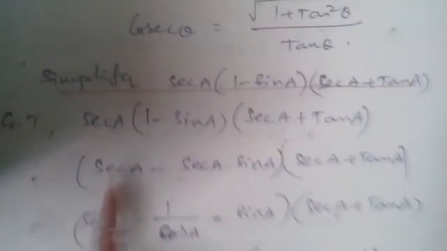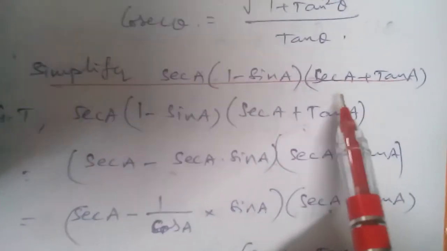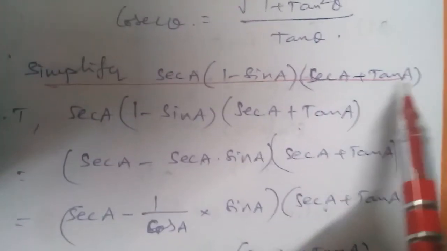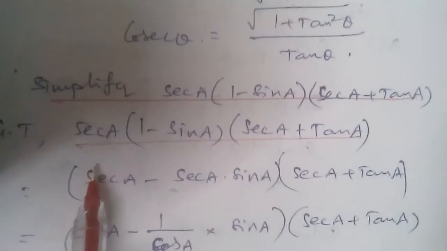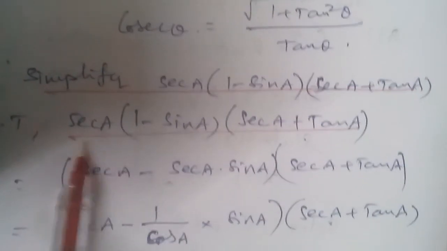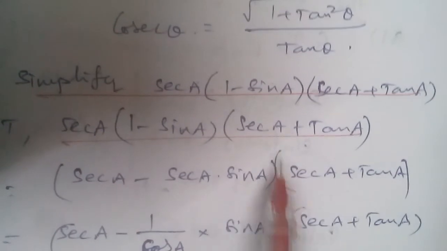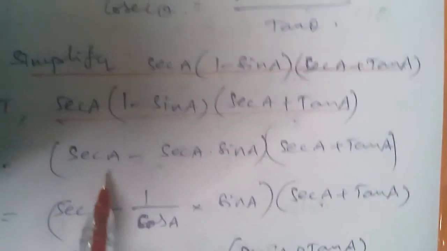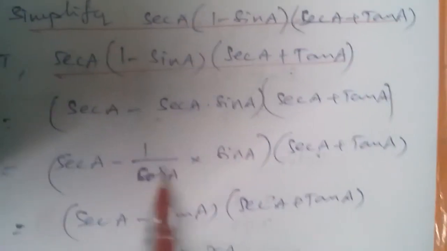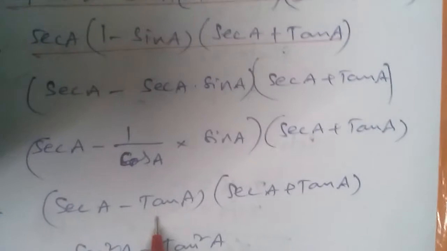And the ninth one: simplify secant a into 1 minus sin a into secant a plus tan a. Now with the given values, we can write secant a into 1 minus sin a, and now write secant a plus tan a. Now secant a means 1 by cos a,